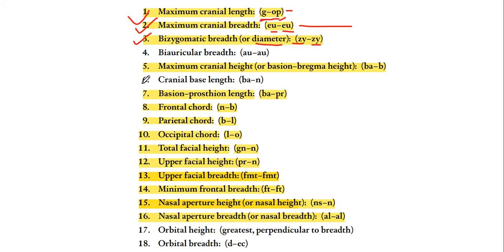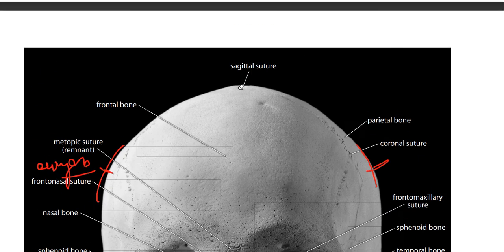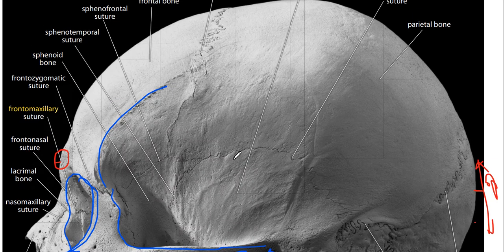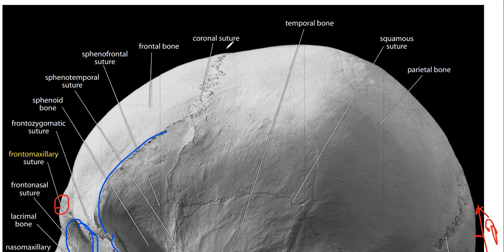Now you have the maximum cranial height. Let's take this. Yeah, maximum cranial height from basion to bregma. Now bregma is identified as the point when we're talking the coronal suture in the skull, when we have seen the coronal suture in the mid-sagittal plane, the junction of the coronal suture and the mid-sagittal suture.